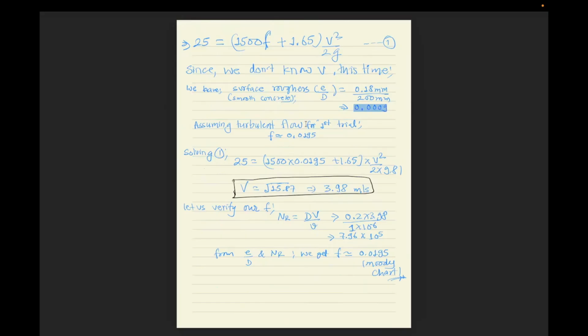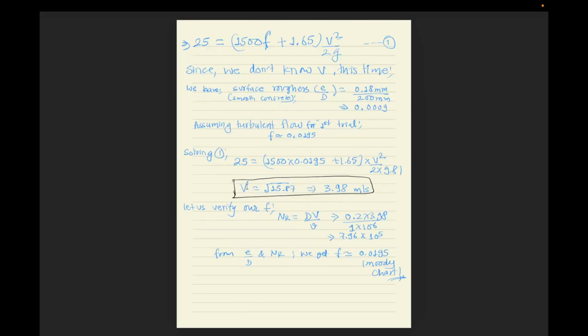We can assume the friction factor F to be 0.0195 for the first trial, and this is hit and trial. You need to be active on this. For now, I directly use the given value 0.0195, and when we solve this equation 1, we